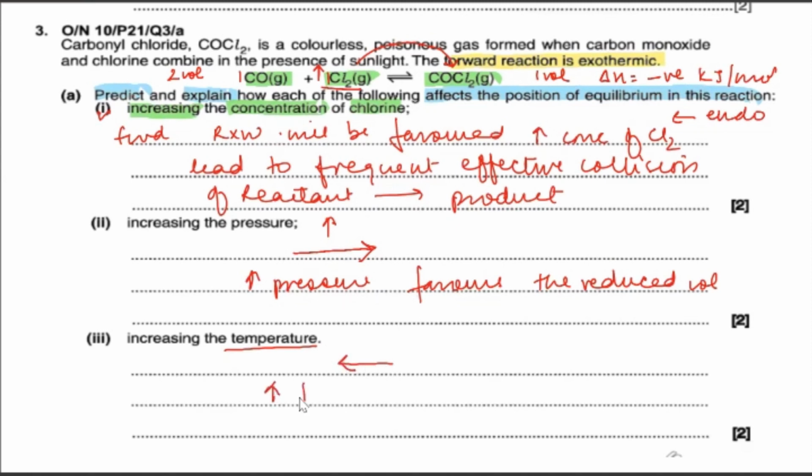Explanation: increase in temperature favors the endothermic side. Okay, the endothermic side. So one mark is for the prediction, another mark is for the explanation. Okay, so